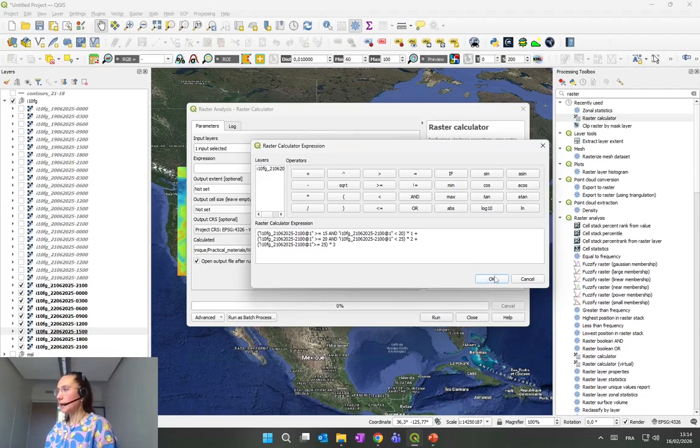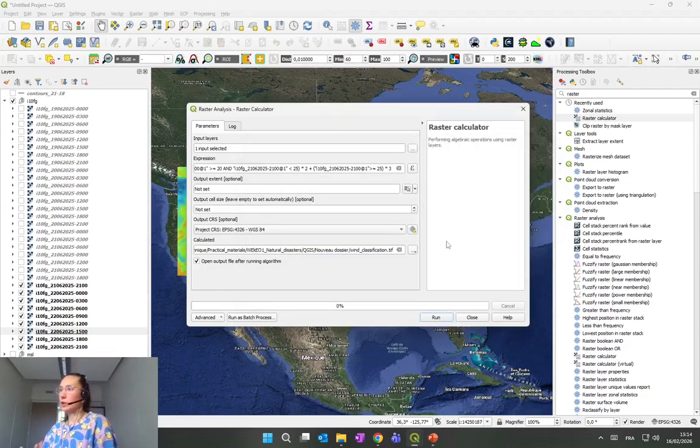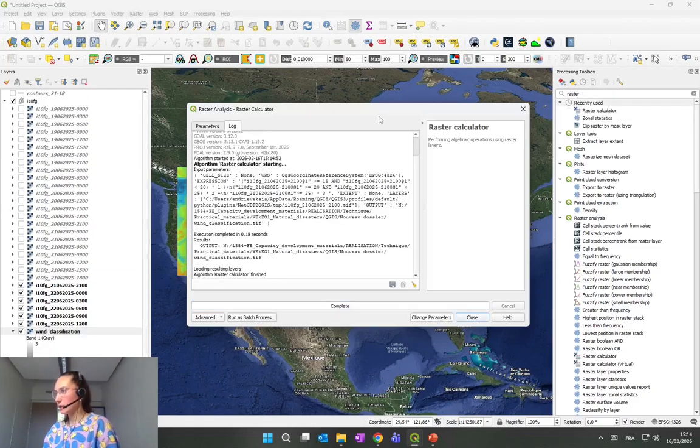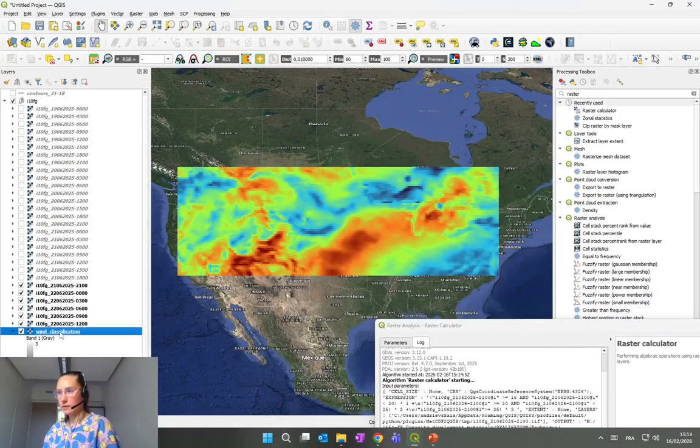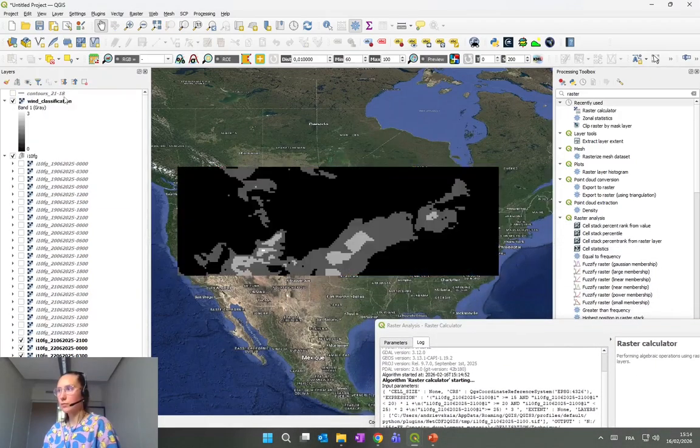We click on OK. What can also be a nice exercise for you guys is to maybe play around with this expression and choose different thresholds yourself to see how it will change our classification map. But we're gonna stick to this one, and we can run it. It saved it here. I will drag and drop it above. It looks like this,